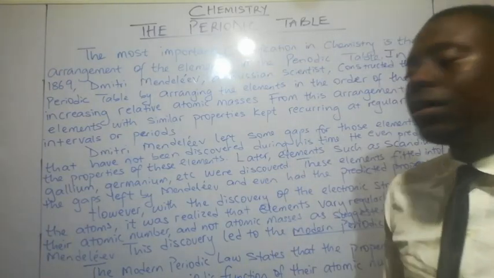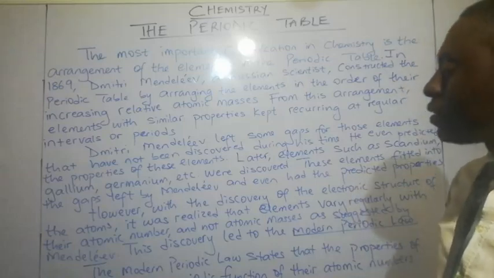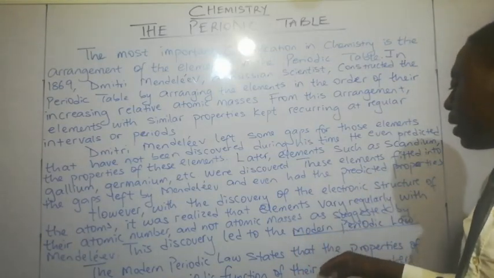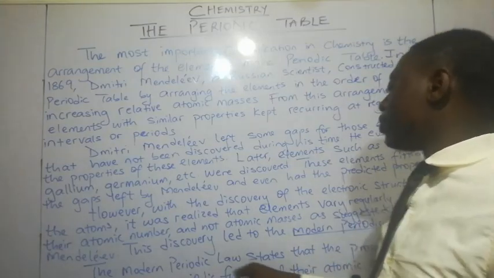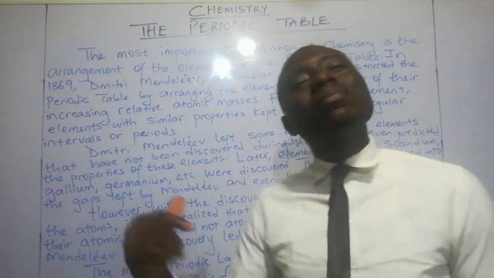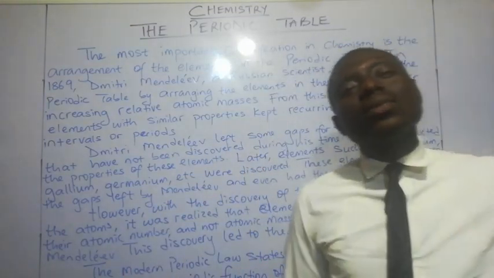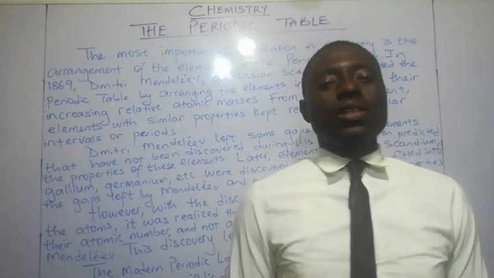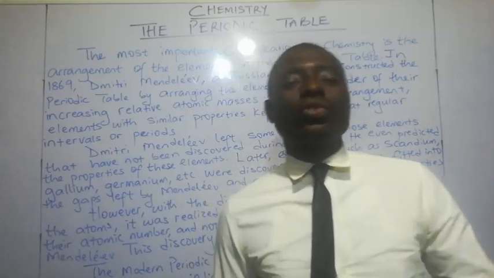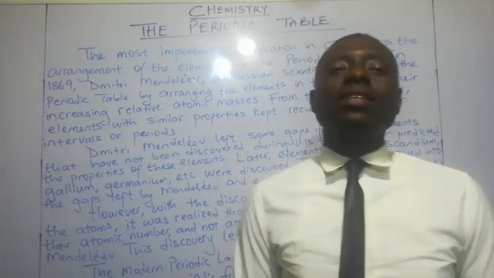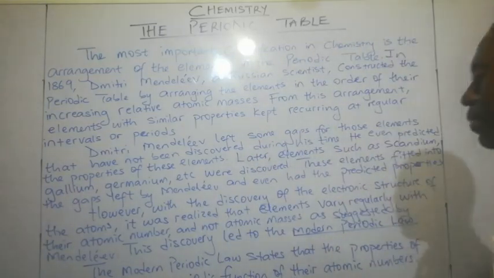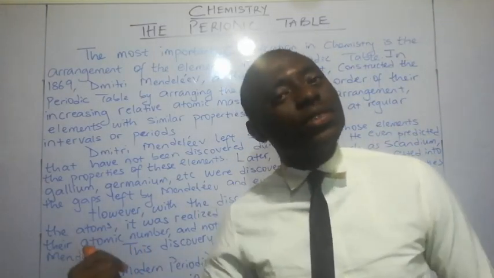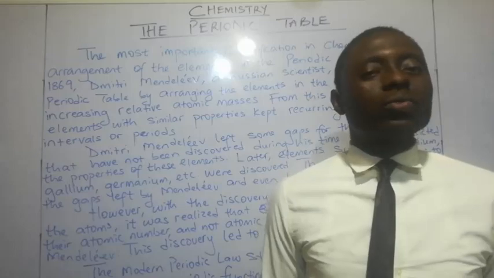It's still similar to this, but what Mendeleev used was that Mendeleev's periodic law states that the properties of the elements are a periodic function of their atomic masses. That's the one Mendeleev used because he arranged the elements according to their masses. So Mendeleev's periodic law was the properties of elements are what? The properties of elements are a periodic function of their atomic masses. That's Mendeleev's periodic law. But with the discovery of